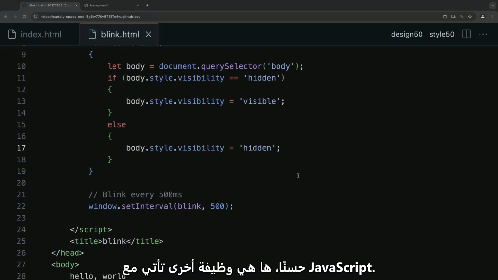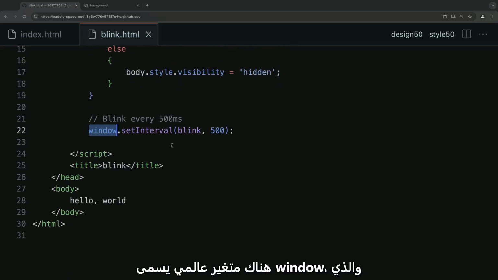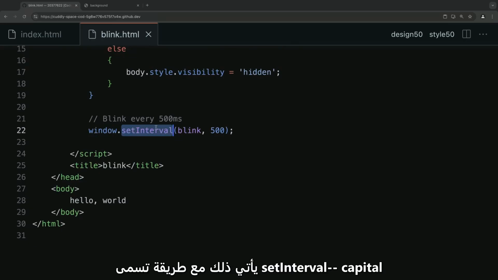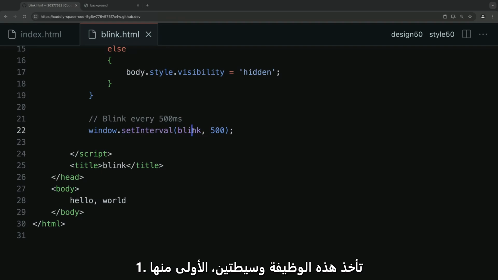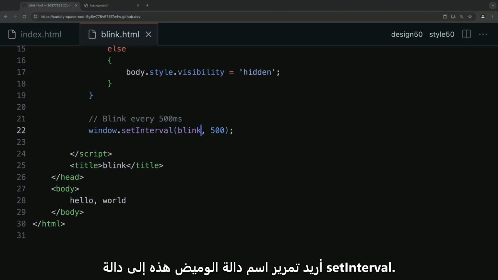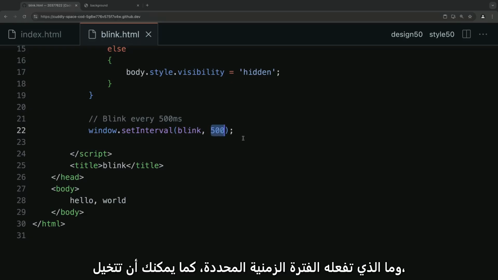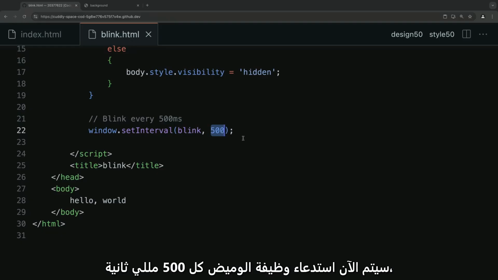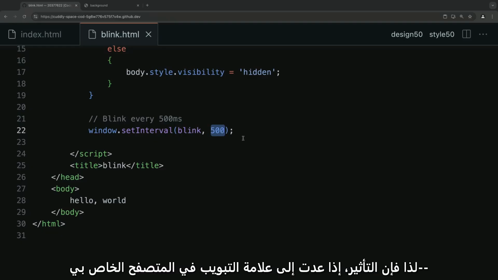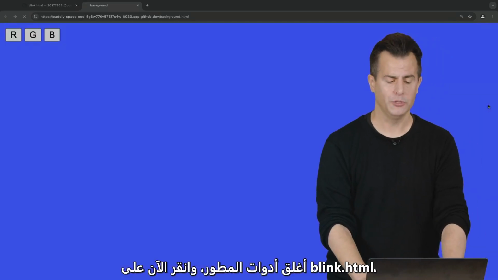How is this being used? Well, here is another function that comes with JavaScript. There's a global variable called window, which refers to the browser window itself. That comes with a method called setInterval, capital I. That function takes two arguments, the first of which is the name of a function to call. Notice again, not using parentheses, because I don't want to call blink on line 22. I want to pass the name of that blink function to this setInterval function. And 500 is the second argument. That refers to a number of milliseconds. And what setInterval does, as you might imagine, is it will now call the blink function every 500 milliseconds, or half a second. So the effect, if I go back to my browser tab, close my developer tools, and click now on blink.html,